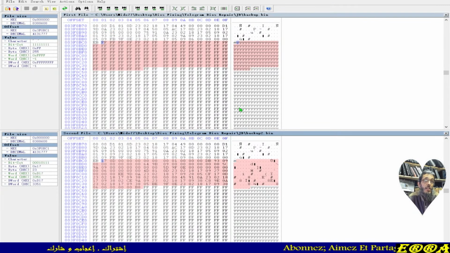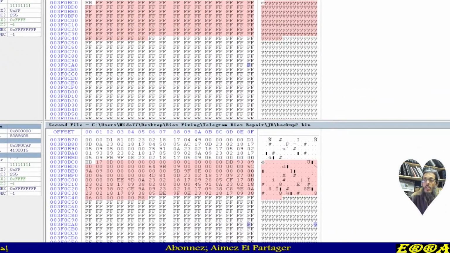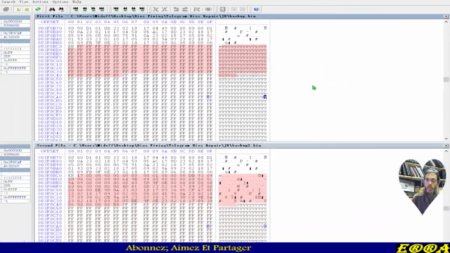So as you can see here, it seems like a slight difference, and it's the second file which has data here, and the first file has no data here. So as you can see here, this is this file here. Let me zoom. I don't know if, yes, so the zoom is still working.